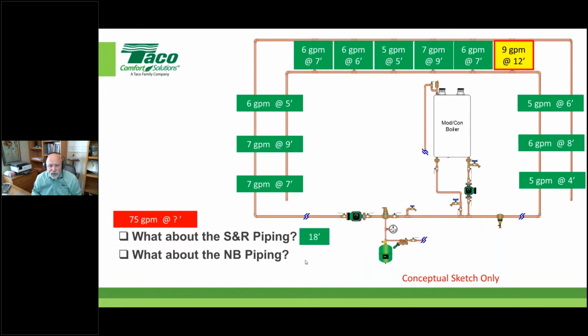I'm just going to throw some numbers at it. Nice round seminar-land numbers that work well for a presentation anyway. Anything could change based on your particular applications, okay? So what we're trying to do is answer this question right here. What we do is we take the 18 and the 2, that's 20, we add it to the 12. What should be this number here? 32. I need 75 at 32,